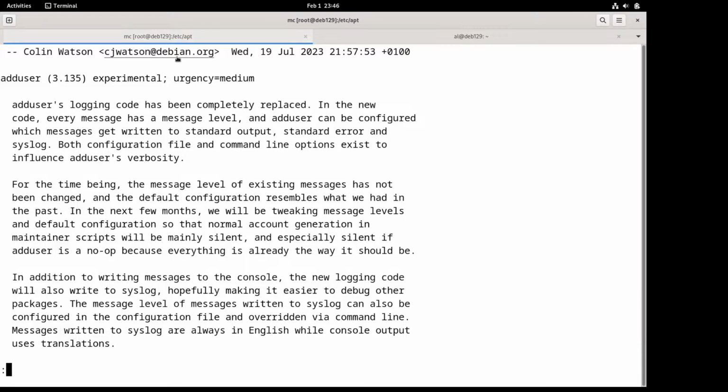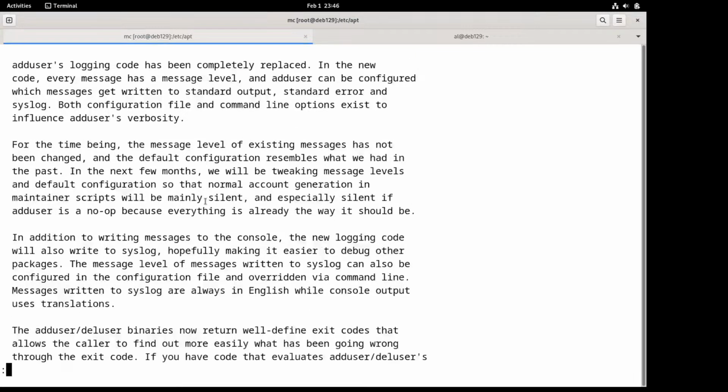It downloaded all those packages, it has read all the change logs, and before it goes further to do the actual upgrade,